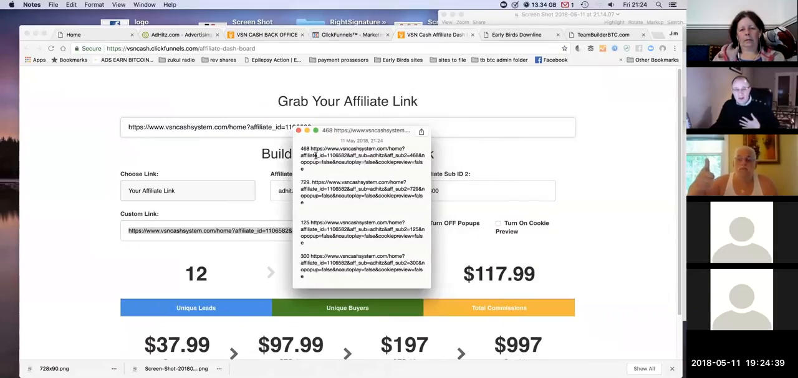So basically, that's what I've just copied there. So there's the 468 banner. So that's the tracking link for the 468 banner. And then the 729 banner tracking link, the 125 banner referral tracking link, should we say? And then you've got